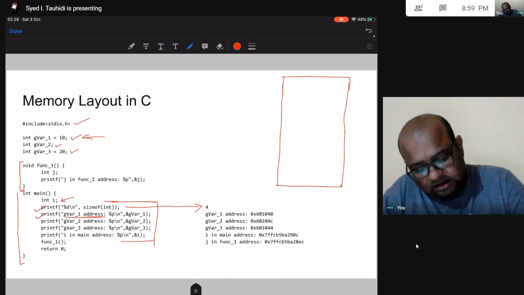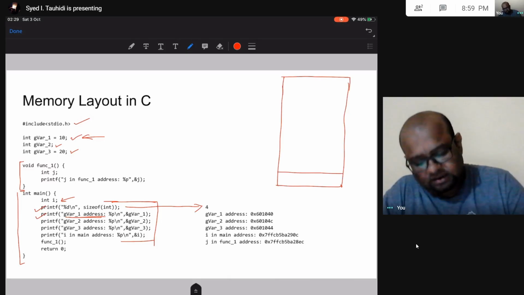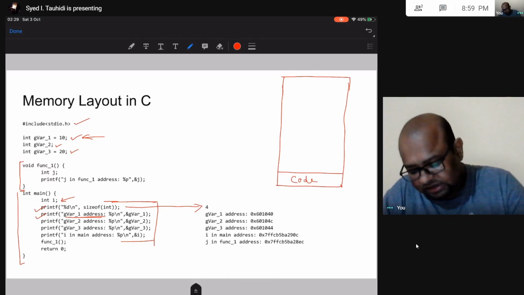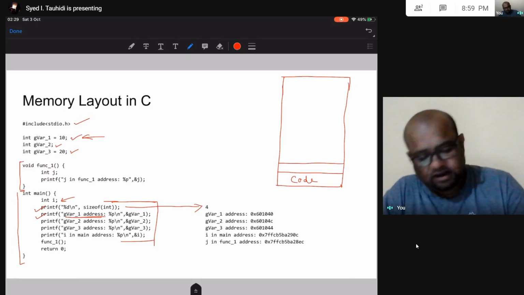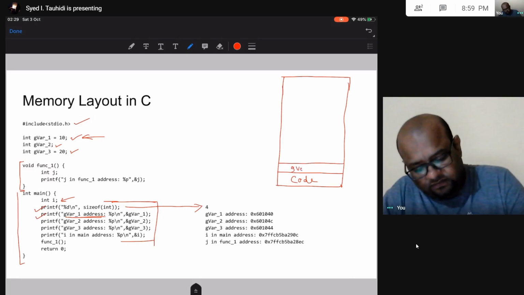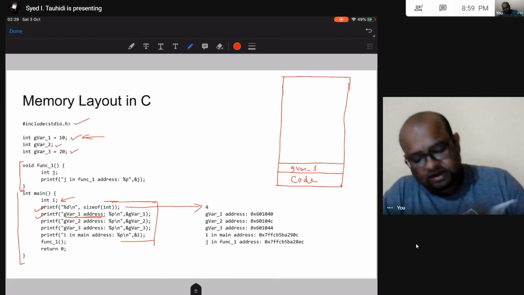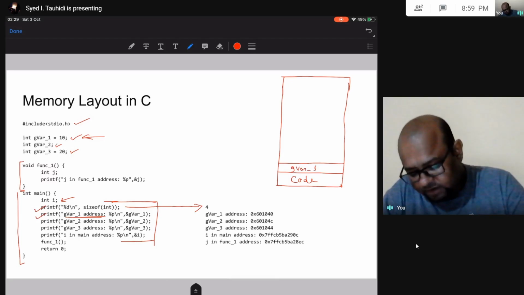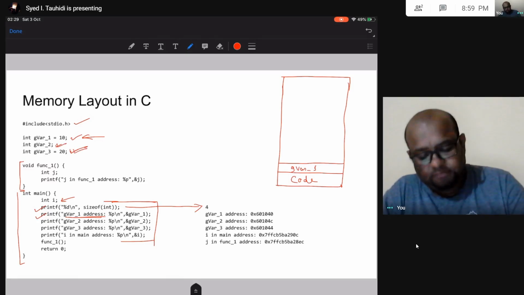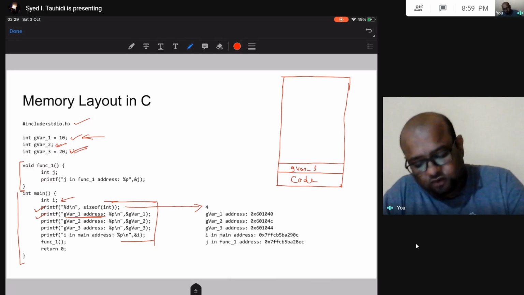Here the code is going to be there, and on top of that, this global variable 1 will be allocated some space. This is G var 1. Now after that I have global variable 2, but this is not initialized. After that I have global variable 3. This will be allocated some space on top of global variable 1. So this is low address, this is 000 address, and this is high address.